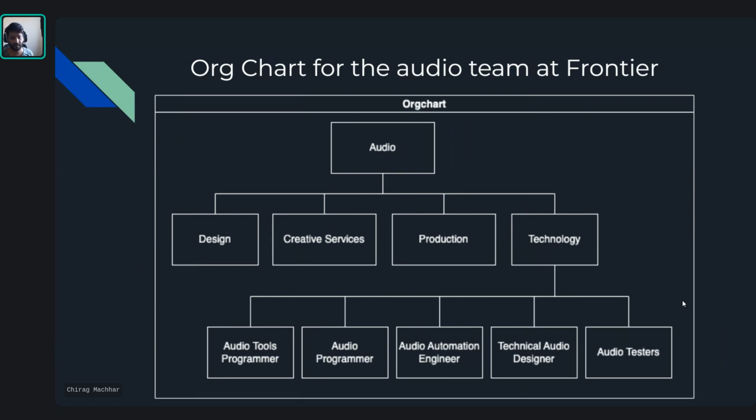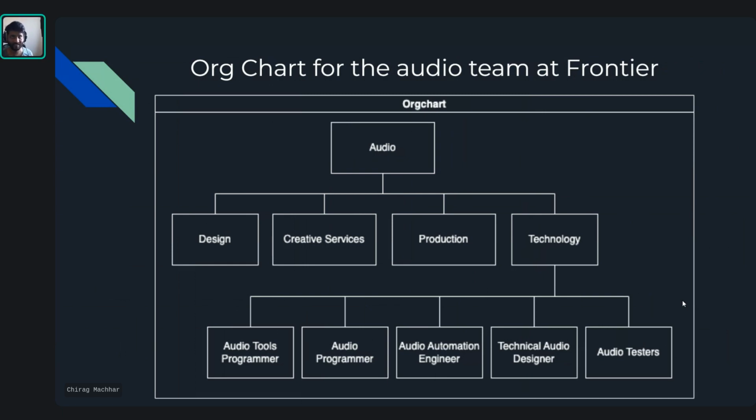The design team is basically all the audio designers, and then creative services is basically all the people who are doing linear stuff, trailers, some music here and there. And then the production team is audio producers. They're managing our schedules and making sure we're doing our tasks on time and we have enough time to do our tasks. And then there's the technology department, which is where I am in this cog,